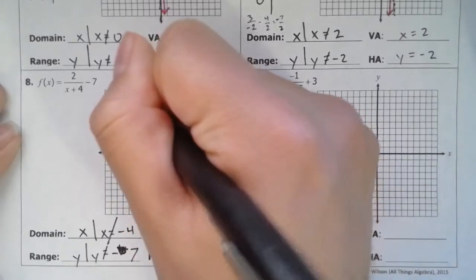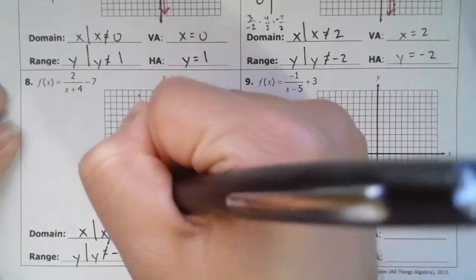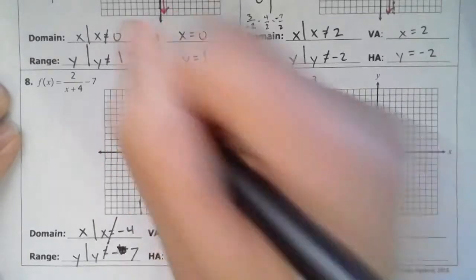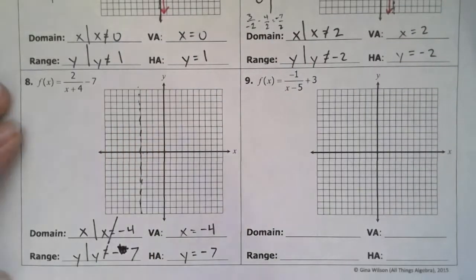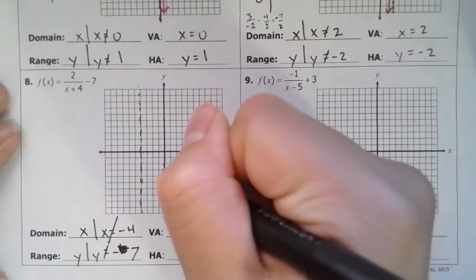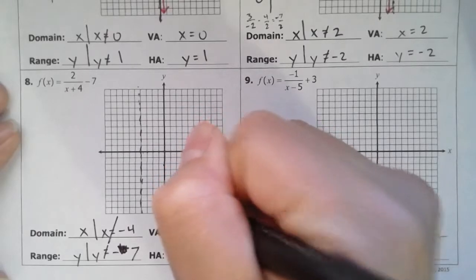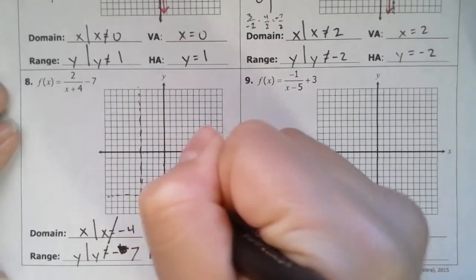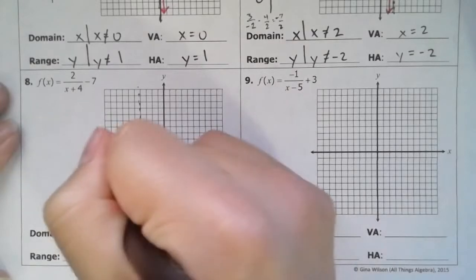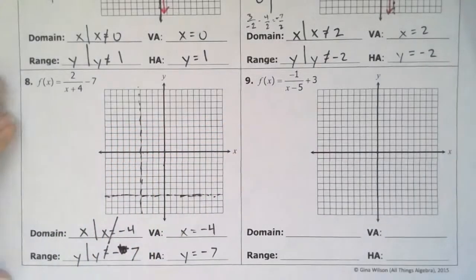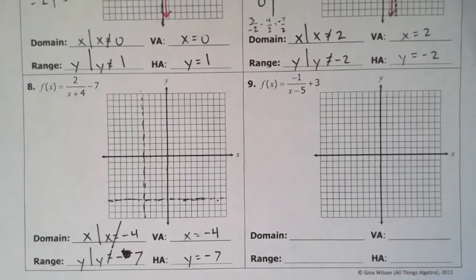So I have a vertical asymptote at negative 4, and then I have a horizontal asymptote at negative 7. So all the way down here. So this one here, there's no reflection, so there's going to be a graph here. It's going to be really short. Okay, when this happens,